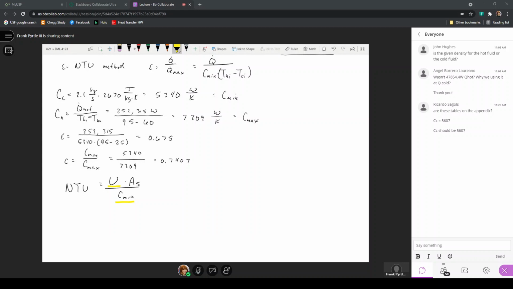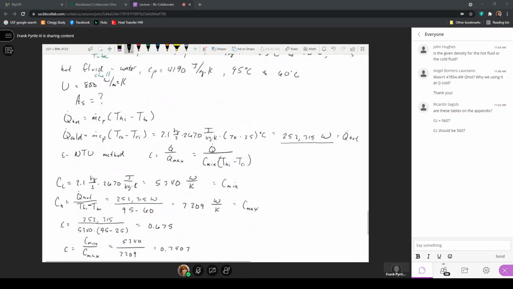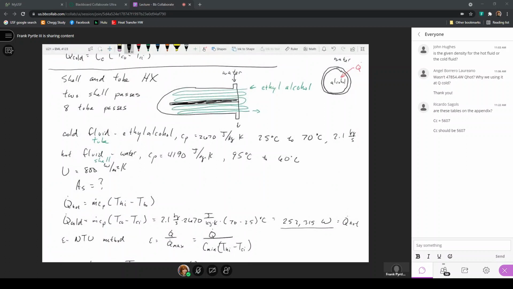So we need to find the number of transfer units so that we can write an expression that says the surface area will be equal to the number of transfer units times the minimum capacity rate over the overall heat transfer coefficient. So for the expression of the number of transfer units for a heat exchanger that is a shell and tube heat exchanger with 2 shell passes and 8